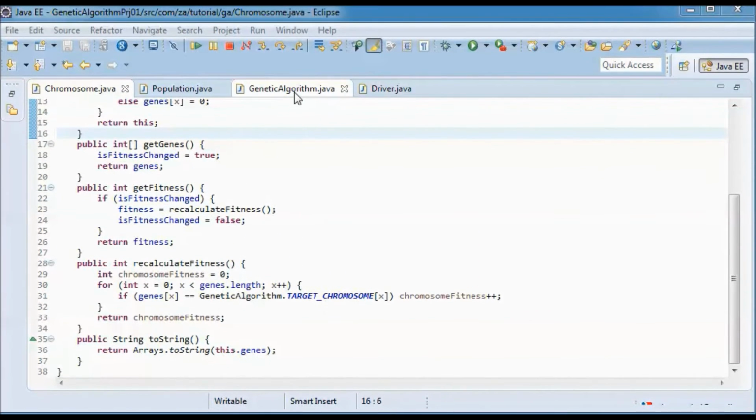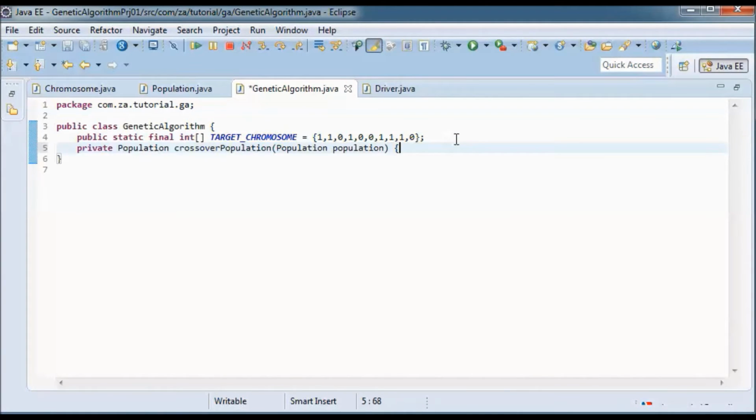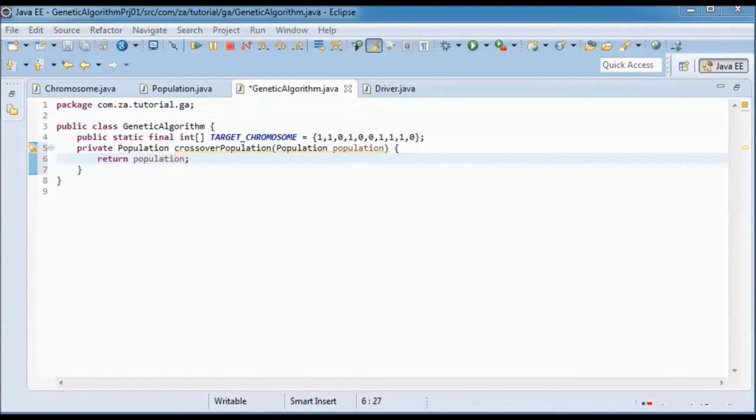Next, let me go to the genetic algorithm class, and I'll have this method crossover population that applies crossover to all chromosomes in the passed in population. And for now, let's return the same passed in population. And I need another method that applies mutation to all chromosomes in the passed in population.